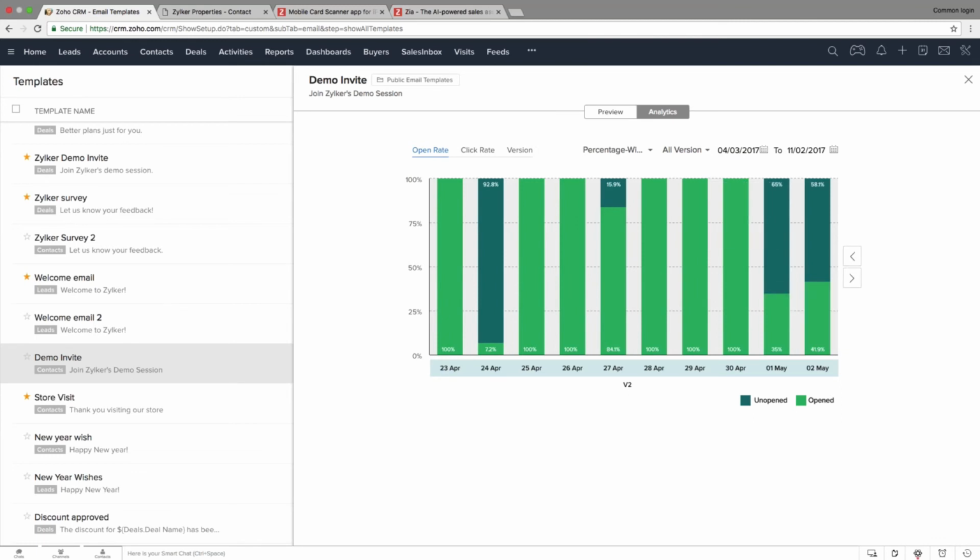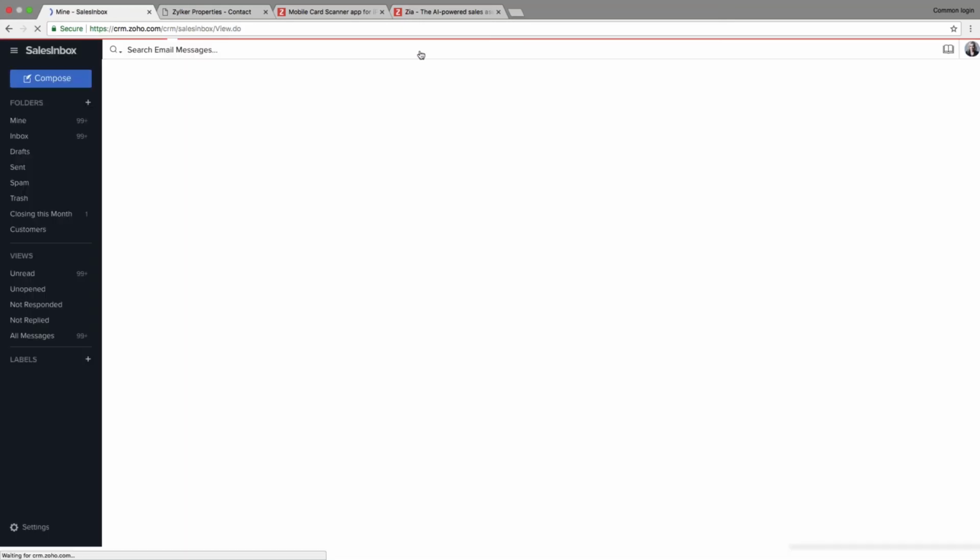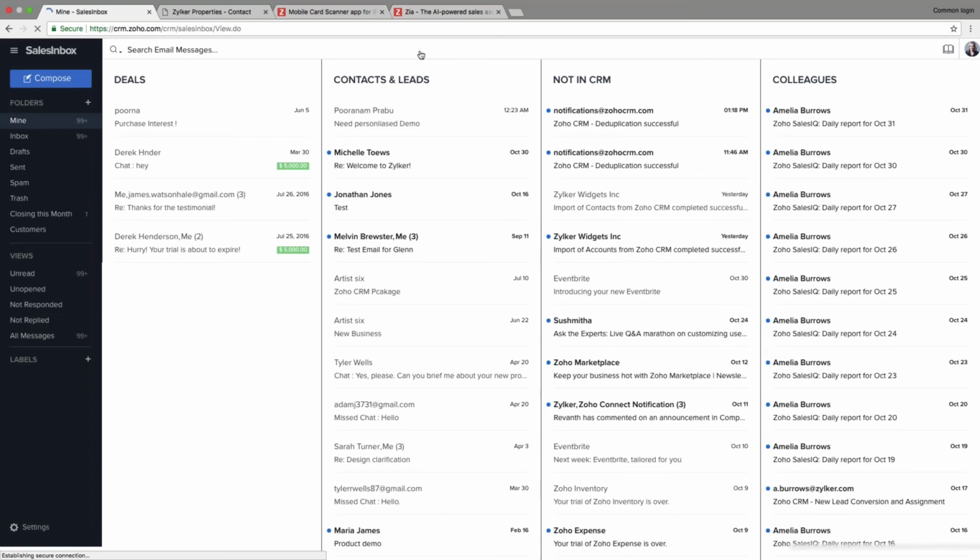The next one is taking this email to the next level, right? For this, we have something called Sales Inbox within Zoho CRM. This is truly a very interesting feature which will make your life so much easier in managing emails, right? Each and every single email that you receive from your leads and customers and your colleagues will be listed right here in